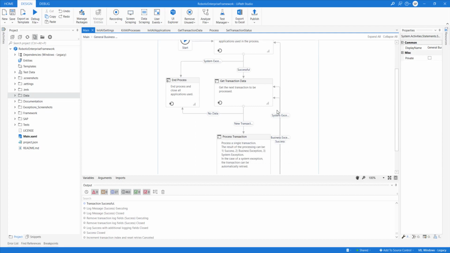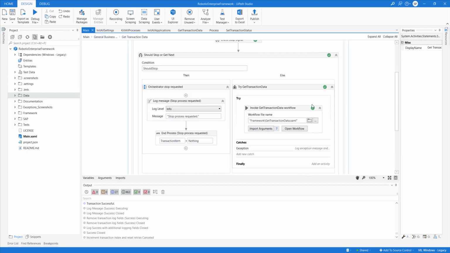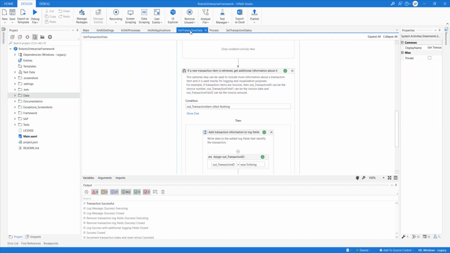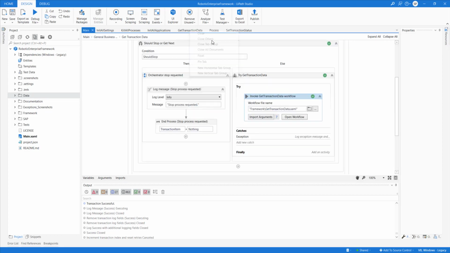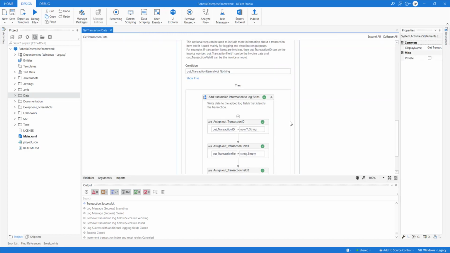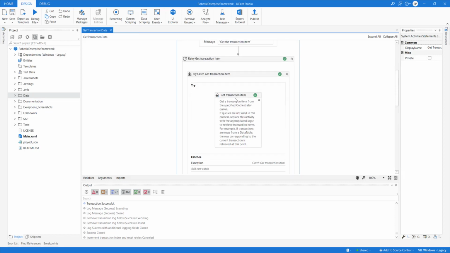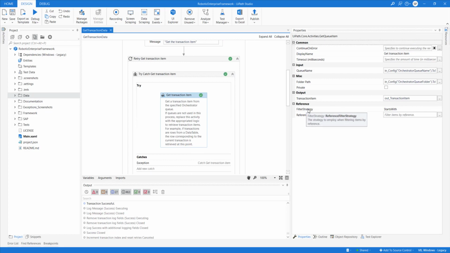That's a good question. So let me explain here. When you get transaction data, let me close the others, not to confuse. When you go here and call this Get Transaction Item, here you have a filter strategy.